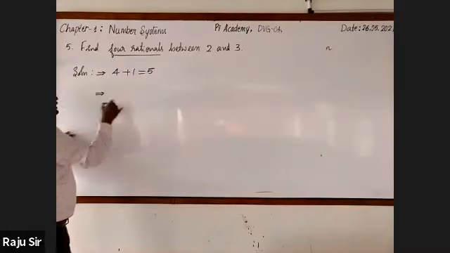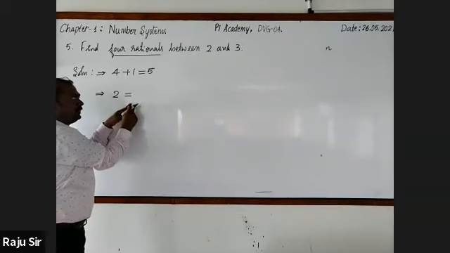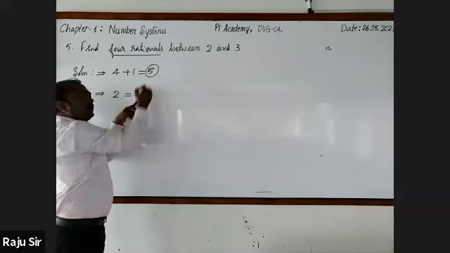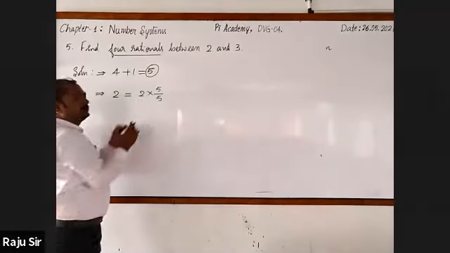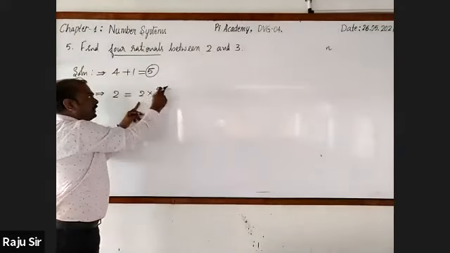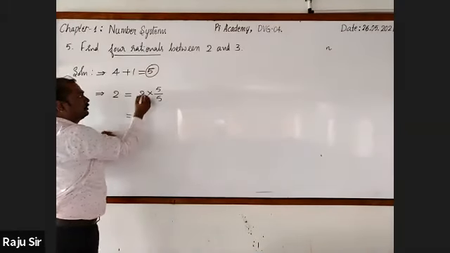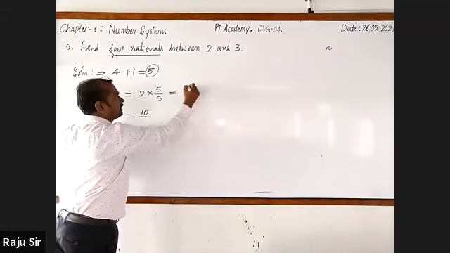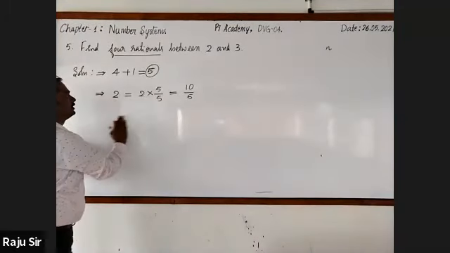Now, next, here, let us take the numbers 2. It should be written in the form of p by q, so you will write 2 as it is. Whatever 5 you have got, it should be multiplied and divided. Multiply 5 to the numerator as well as denominator. Now this is equal to 2 5s are 10, 10 by 5. Let me write here only 10 by 5. But don't go for simplifying this, again you get the same.